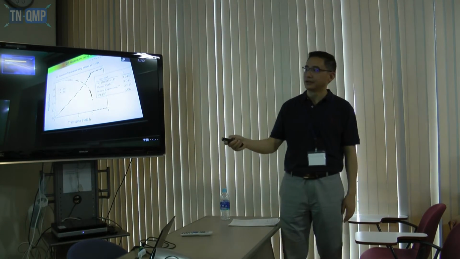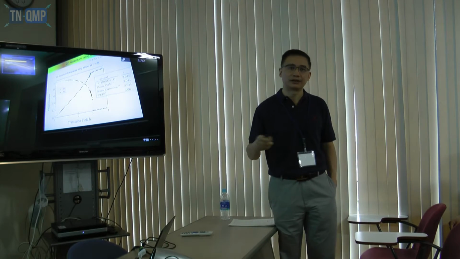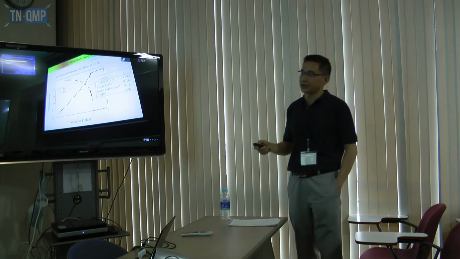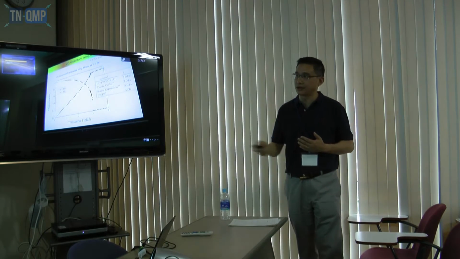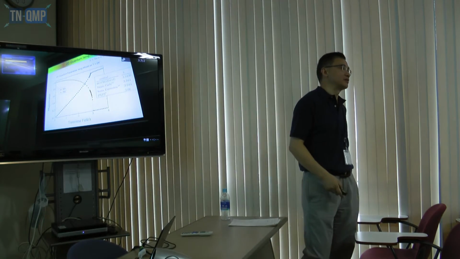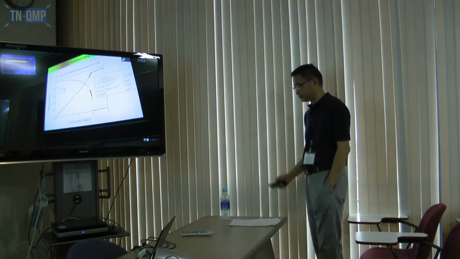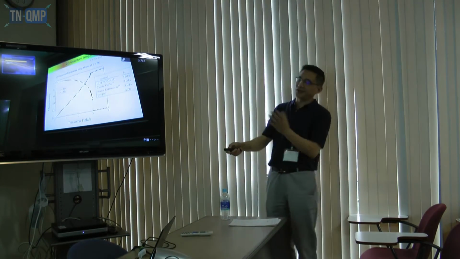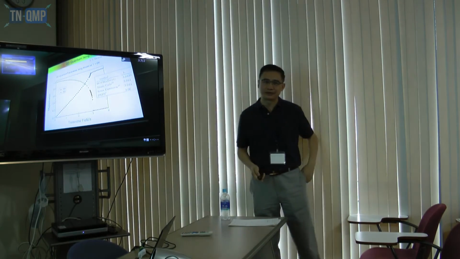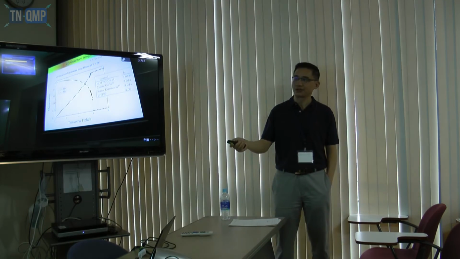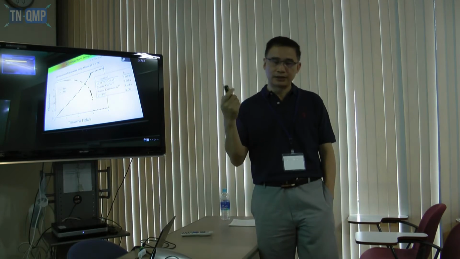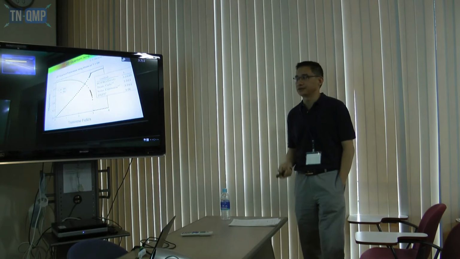But here, I forgot the value. I should write down the total tau. I think it's 0.05, something like that. So that actually limits this accuracy. Also, we didn't do this calculation very carefully around these points, so there's another reason. In order to do this very carefully, we need to spend a lot of time going around these points, and also see how the boundary dimension dependence and the total parameter dependence behave.